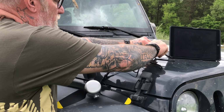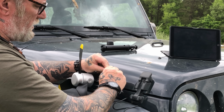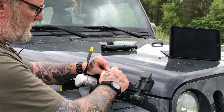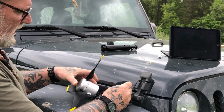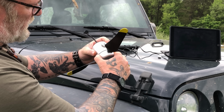You have a charging cable that is USB compatible. That plugs into the back side. It's got a screw-in collar to keep it in place, and then it plugs in, and you've got a plastic cover, rubber cover that goes over top of that to keep it protected. So that's your second component. Then you have the motor itself,